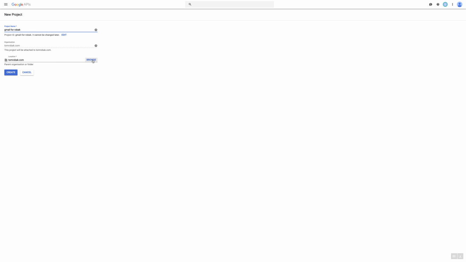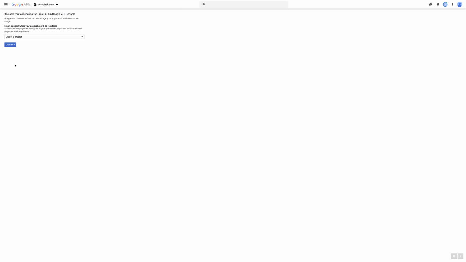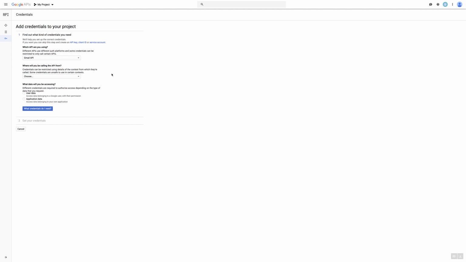Okay, the location. I have only one organization, which is tomrobak.com, so let's create. And create a project. Let's say continue, and after a few seconds, the next screen will appear. You just need to be patient with the Google API console because it's slow. It says enabling API, so it means it will be easy. Now, simply go to credentials. We're not doing anything here. We just go into client ID,